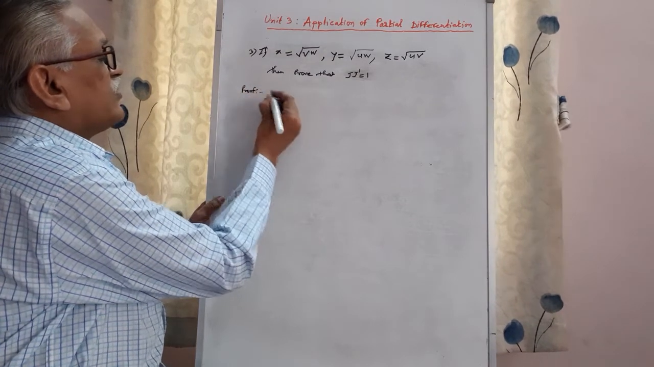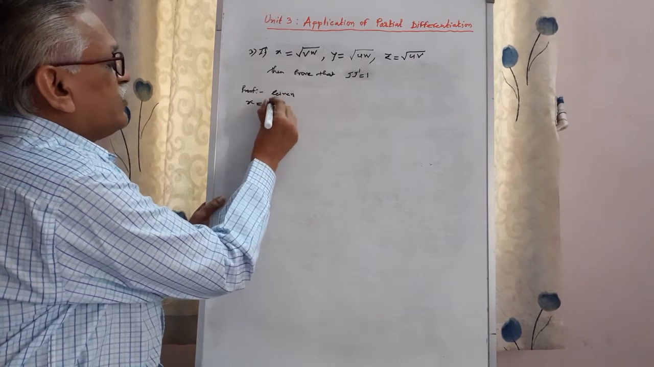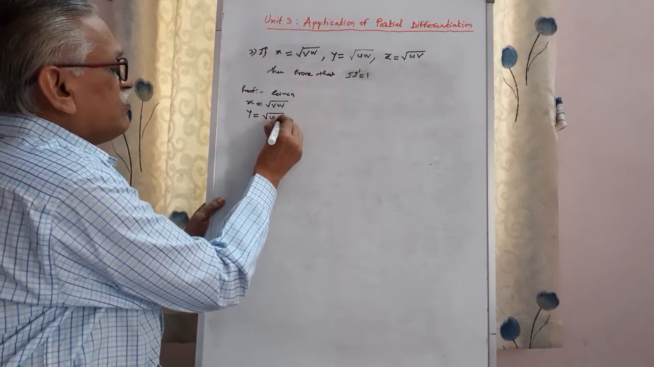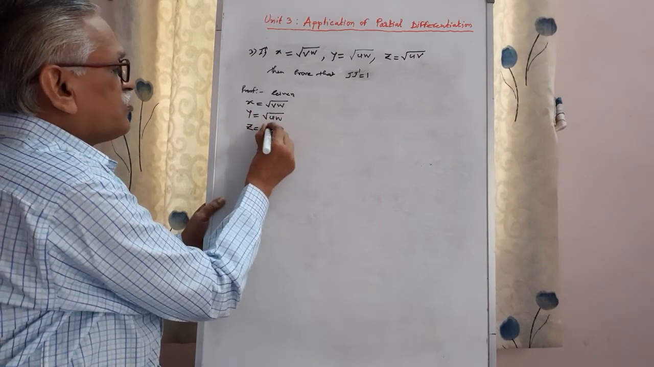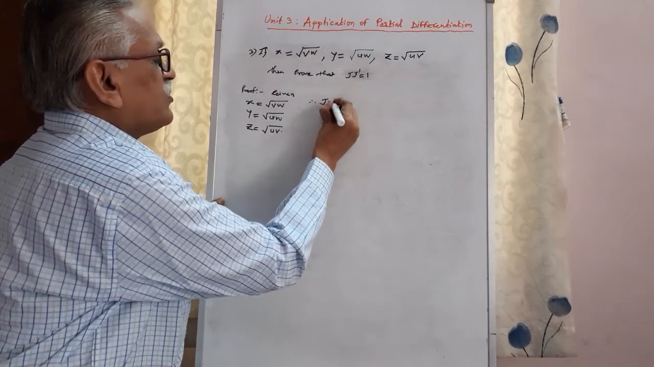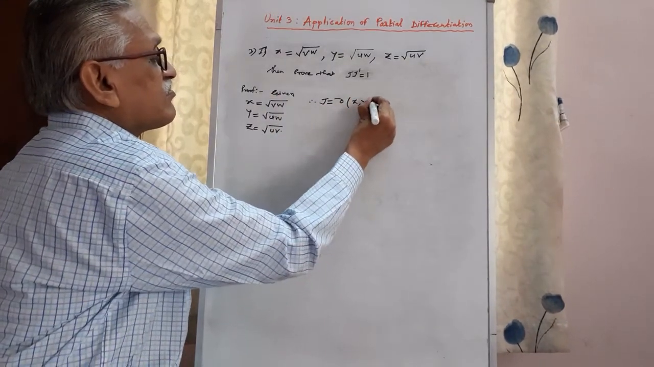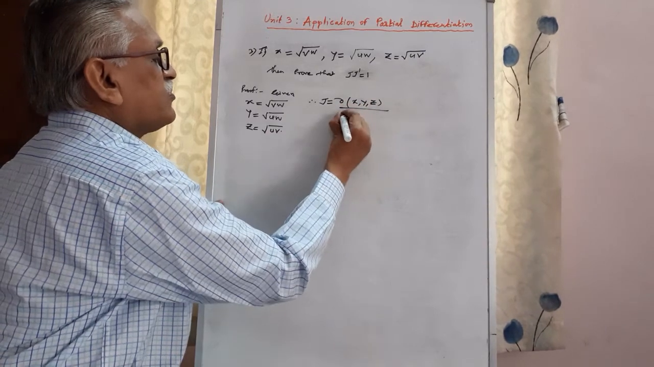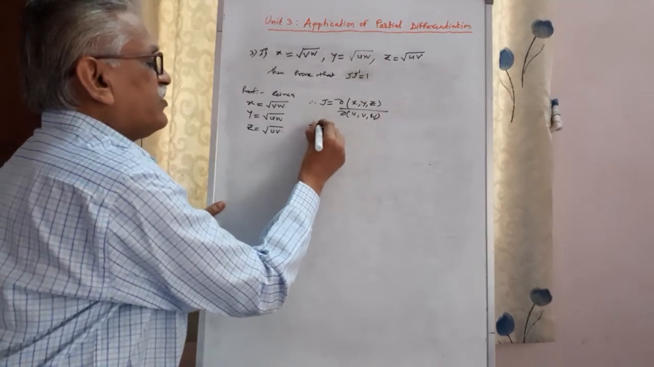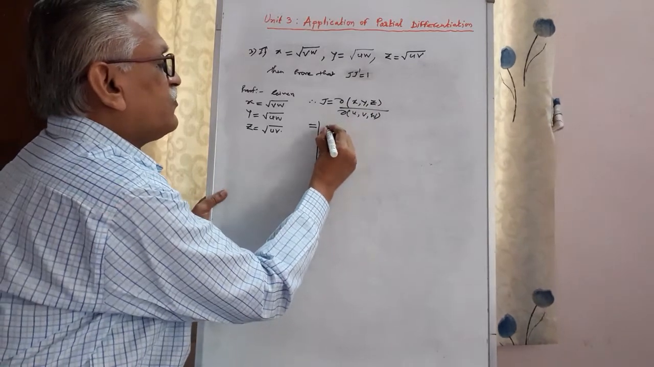Proof: given x is equal to root VW, y is equal to root of UW, and z is equal to root of UV. Therefore, J is equal to the Jacobian of XYZ with respect to UVW, and by definition it is the determinant of the derivative of x with respect to UVW in the first row,